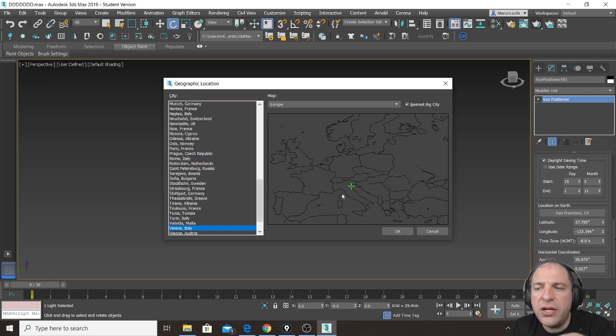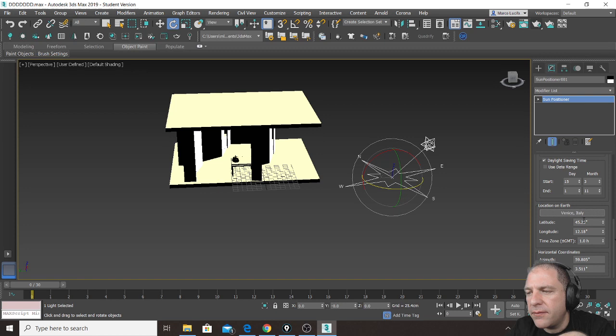Or you can use Google Map and type the exact latitude and longitude. That, for example, for Florence should be something like 4113, I don't remember. Anyway,